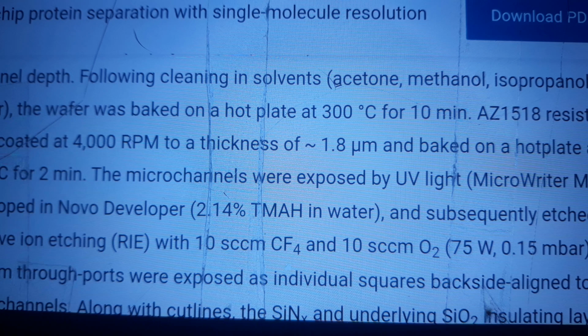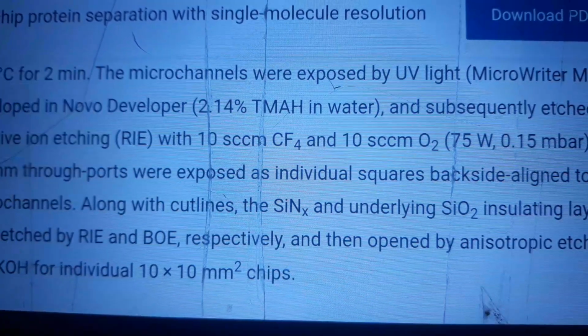AZ1518 resist was spin coated at 4000 RPM to a thickness of 1.8 micrometer and baked on a hot plate at 120 degrees centigrade for 2 minutes. The macrochannels were exposed by UV light, MaskWriter ML3, developed in Nova Developer 2.14% TMAH water, and subsequently etched by reactive ion etching RIE with 10 SCCM CF4 and 10 SCCM O2, 75 watts,